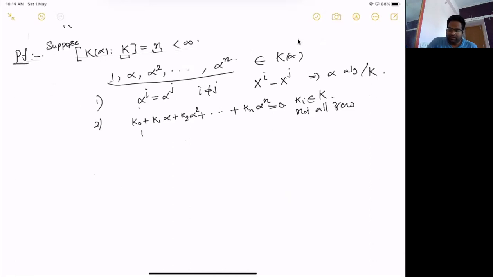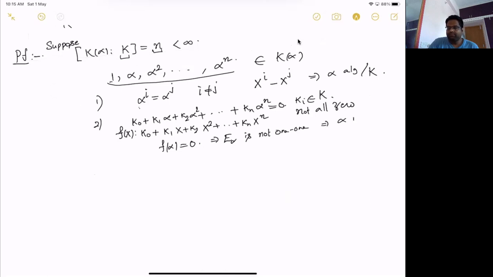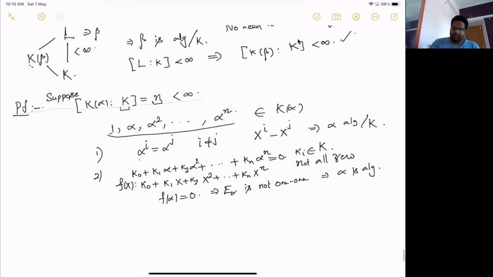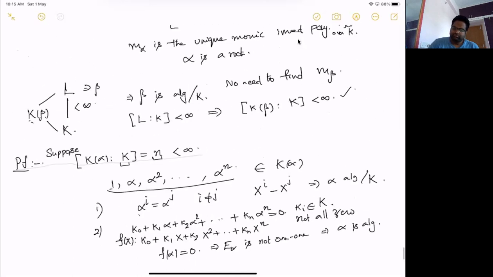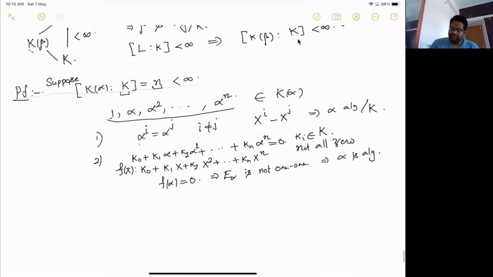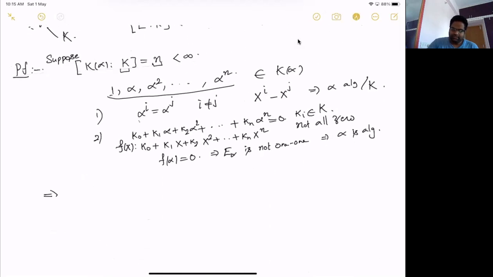So if you take the polynomial f of x equal to k0 plus k1 x plus k2 x squared plus kn x to the power of n, you see that f of alpha is equal to 0. From this, you can say that E alpha is not 1 to 1, and therefore alpha is algebraic. So that is this direction. And now for the other part, suppose alpha is algebraic